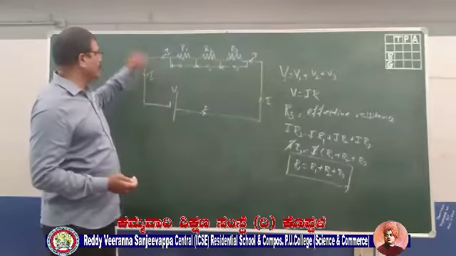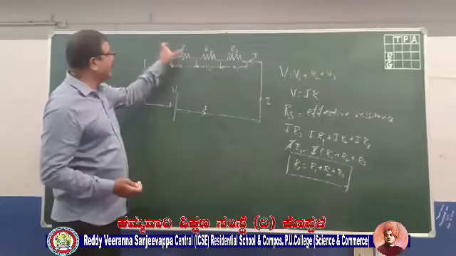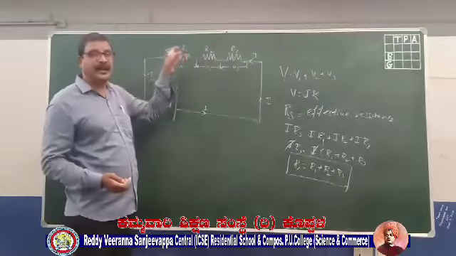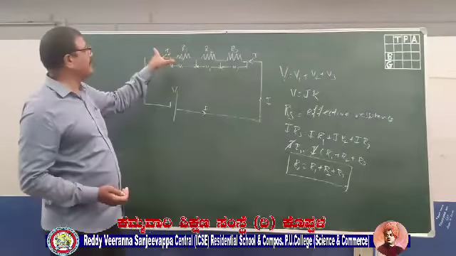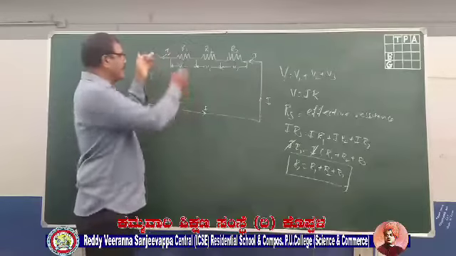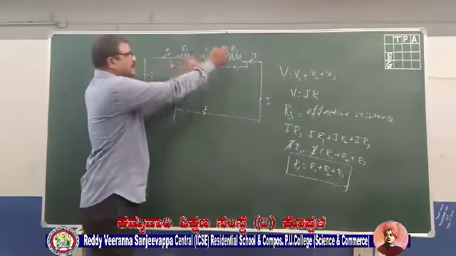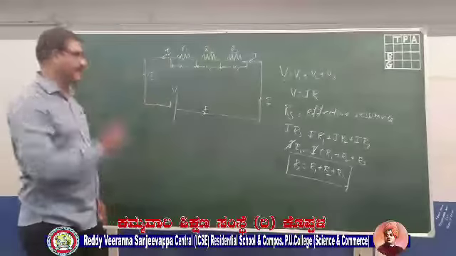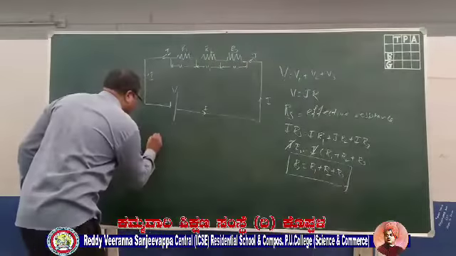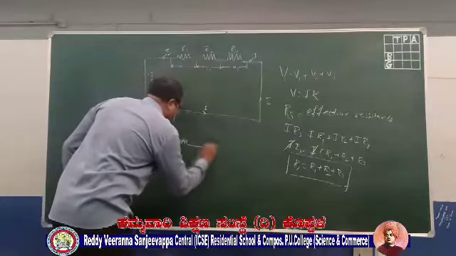So, once again, what is the characteristic here? It is an end-to-end connection. End-to-end connection means each resistor will be treated as a conductor. Therefore, there will be a different potential difference across each resistor in a series combination. Let me go to the next combination, that is the parallel combination.